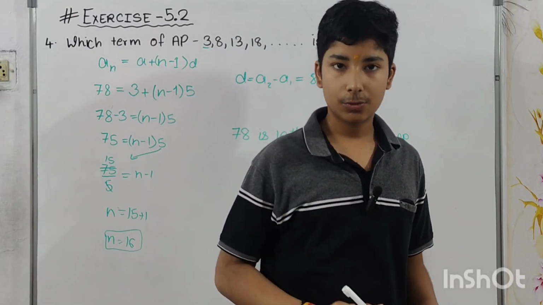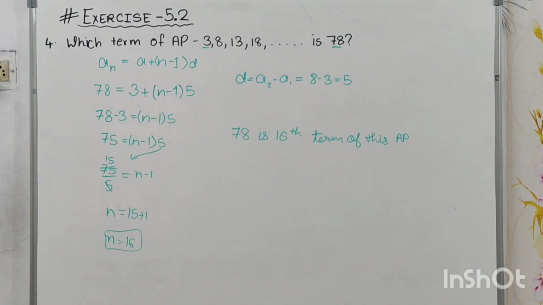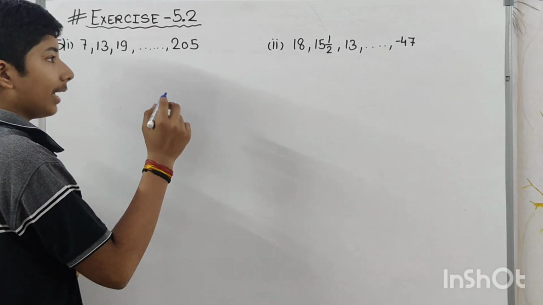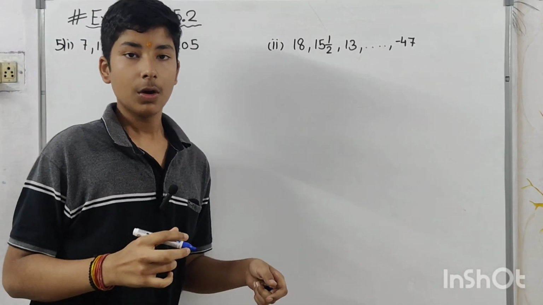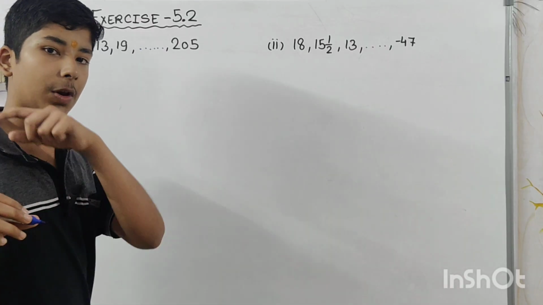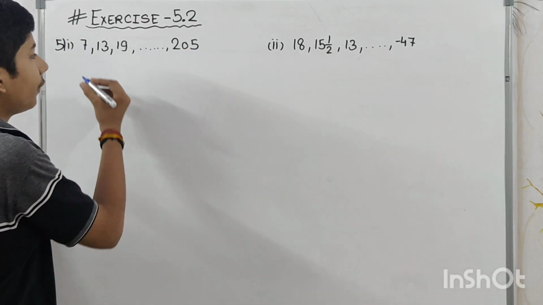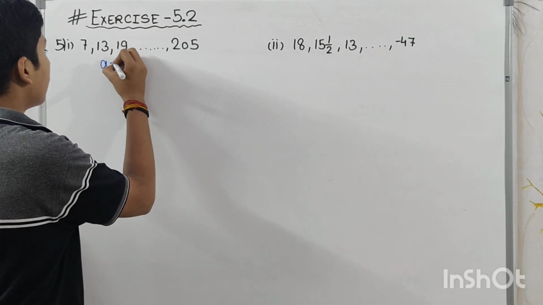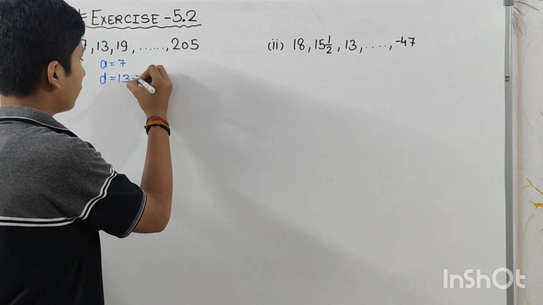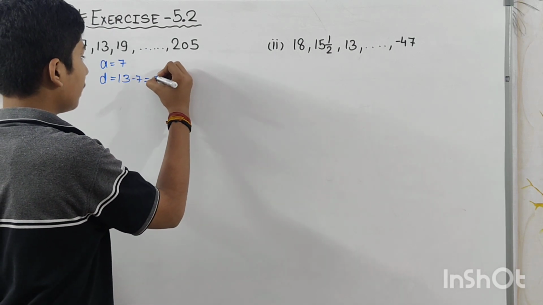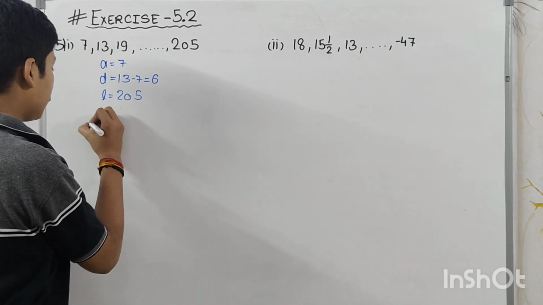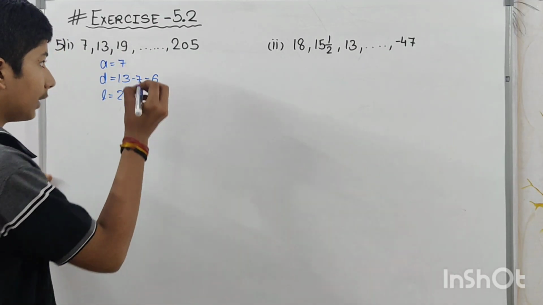Now we will continue with the next question. Coming to this question, here we have to tell how many terms are there in the AP. So basically we have to find out the value of n, where n means the number of terms. This is the last term, this is the first term. We'll firstly find out A, which is 7, then D, which is 13 minus 7, which is 6, and then L, which is 205. So the nth term is 205